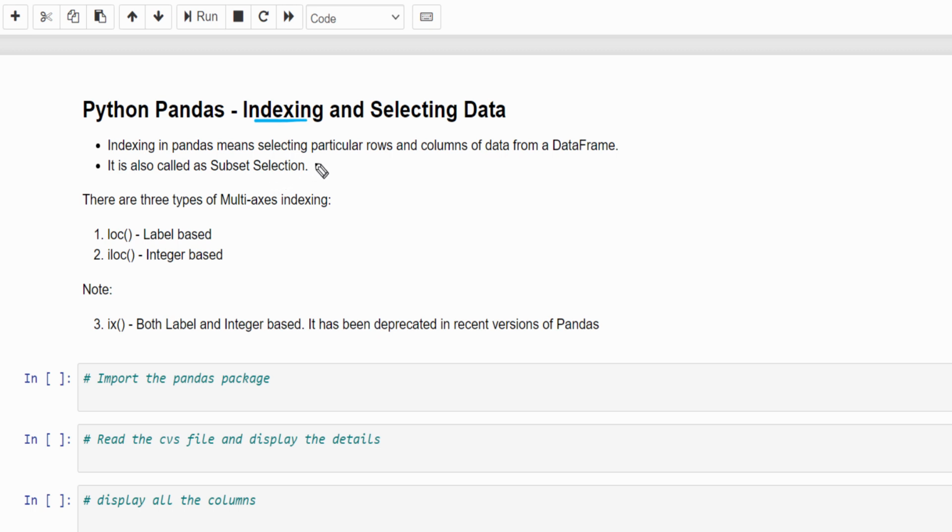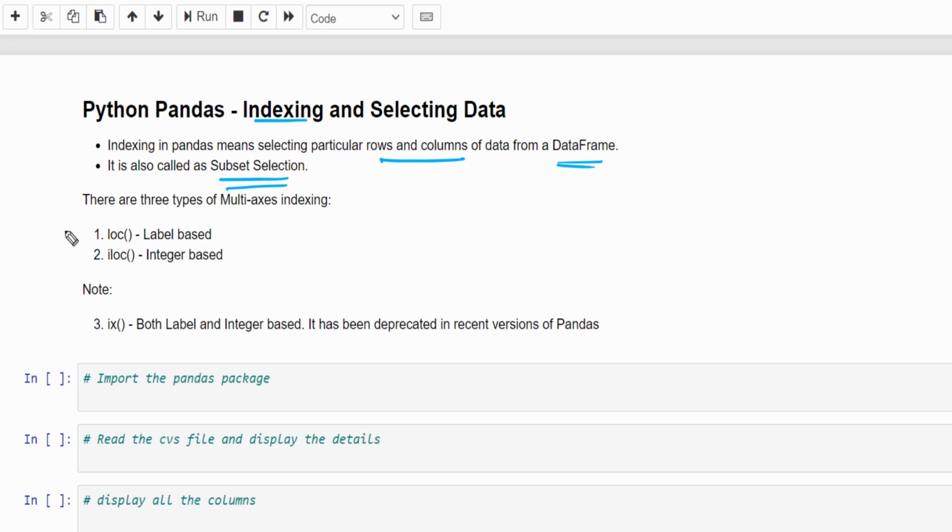Indexing in pandas means selecting particular rows and columns of data from a data frame. We know very well how to display the entire data set, but in a real-time scenario, we may not need the entire data. We want to filter based on our criteria, and that is called subset selection.